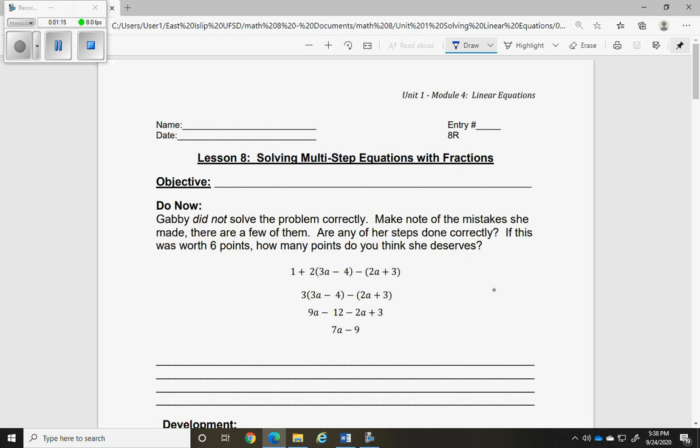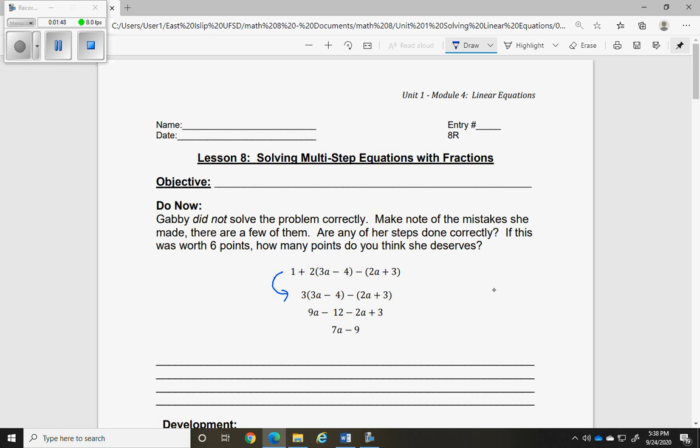So from this first step to this second step, you're supposed to distribute. Okay, that's definitely what Gabby should have done. But we can see she actually added this 1 and this 2. I guess that's how she got that 3. I have to tell you, that's like a major mistake. You can't do such a thing. So she's going to lose quite a bit of credit for doing that. So let's write down that